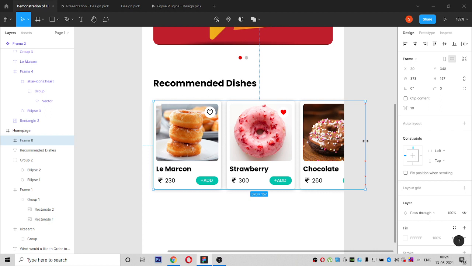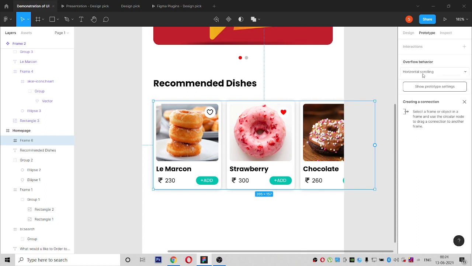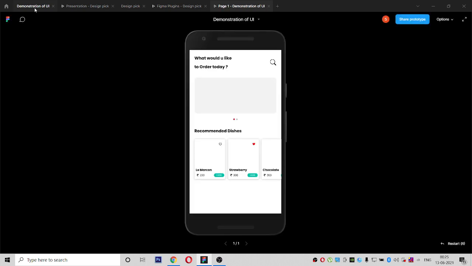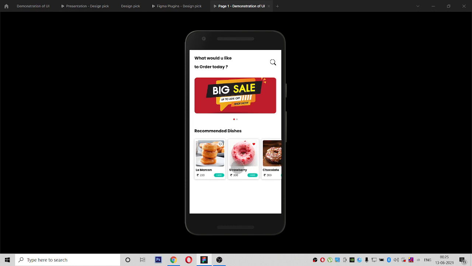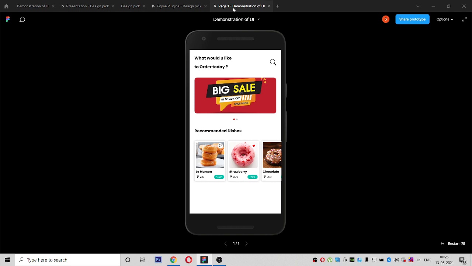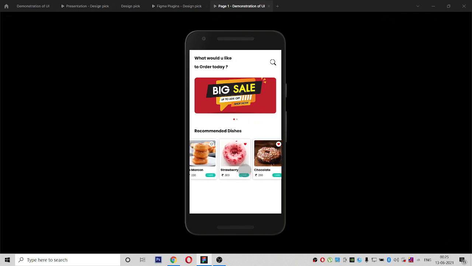framed, and then this frame should not extend till here, because if you give horizontal scrolling, this will not take in the UI. See, I will play it for you. Now this is the screen we are designing. Here it is not getting scrolled, right? It is doing some other thing. So we should make this like this and give horizontal scrolling and check. This scrolls better, it is very smooth.